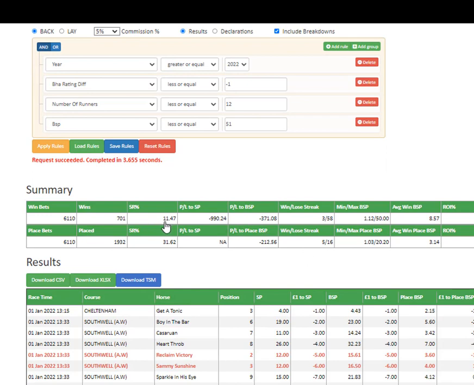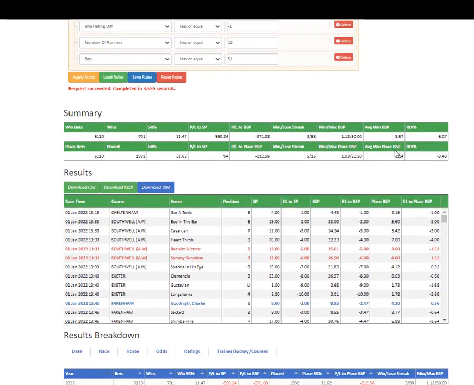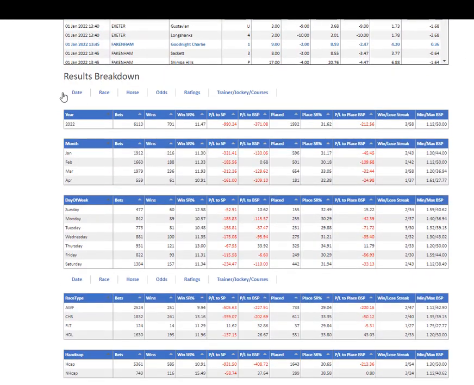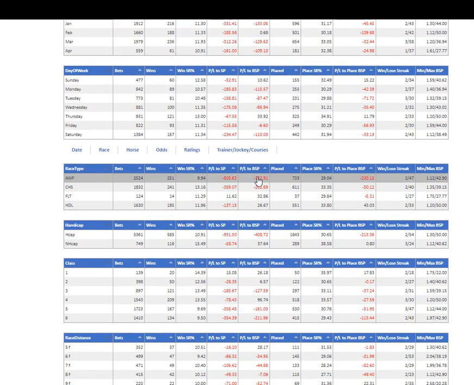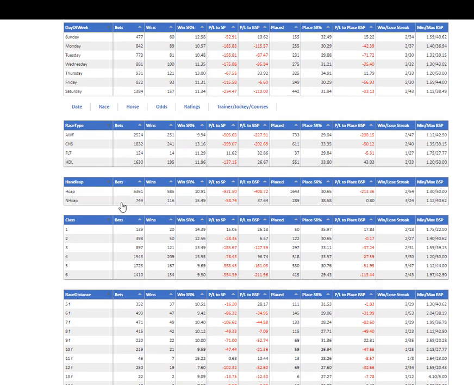Not a great strike rate, 11.47. Profit of -371, obviously not good, and this is something we want to try and improve. So these are the results breakdowns. There's lots of different categories, and what the results breakdowns do is they give you a breakdown, believe it or not, of each category and give you a strike rate and profit and loss plus other information on different parts